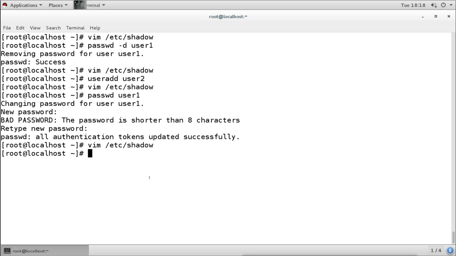So this is what we have seen in user and group management. All these things like how to create, modify, manage the user accounts, groups, add the members in the group, remove the members from the group, and then we have seen how to add additional information to the user, and then how to remove the user accounts and group accounts.